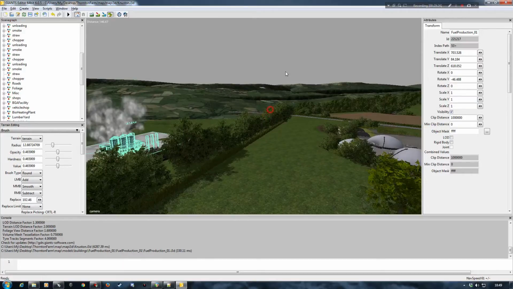Welcome back to part 4 of the biofuel factory creation and Thornton Farm map editing. Going to continue on here to create my area of where I want to put the actual biofuel factory, and